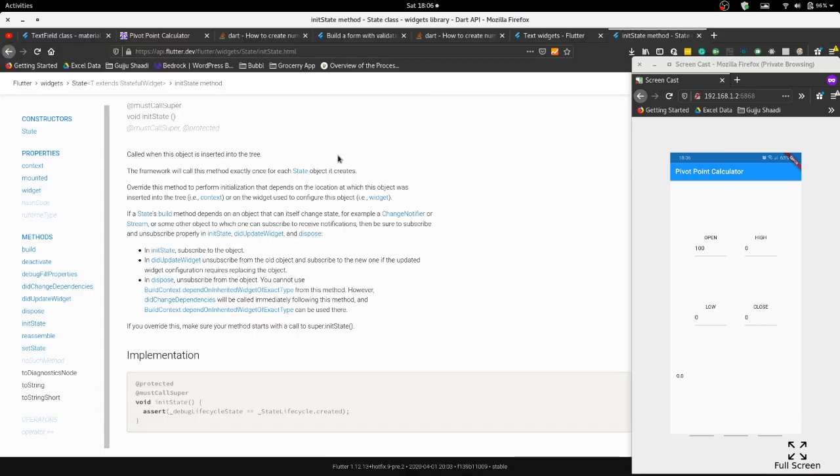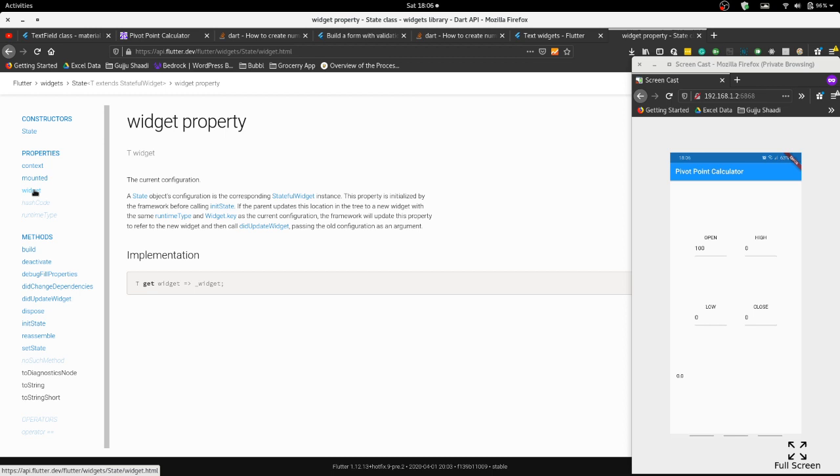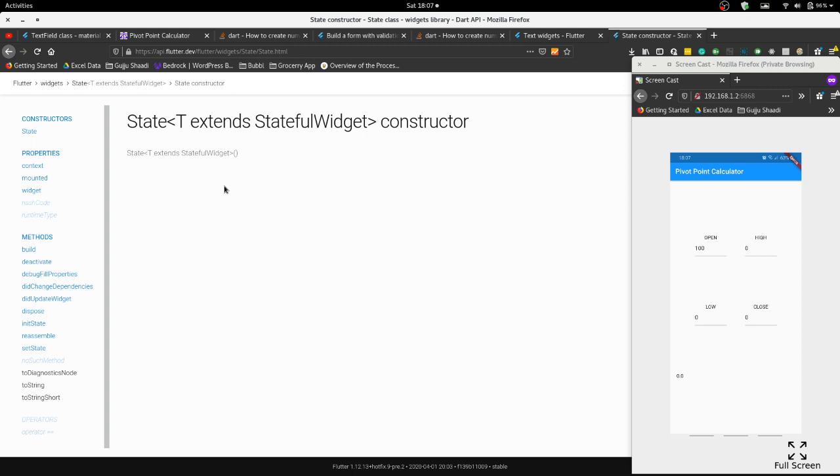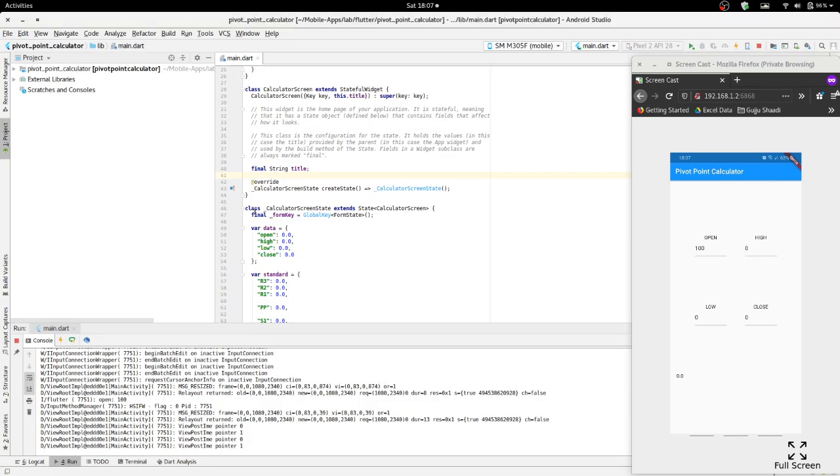So when these states are created, the state object is the corresponding stateful widget instance. Okay, this property is initialized by the framework. Okay, so does this mean